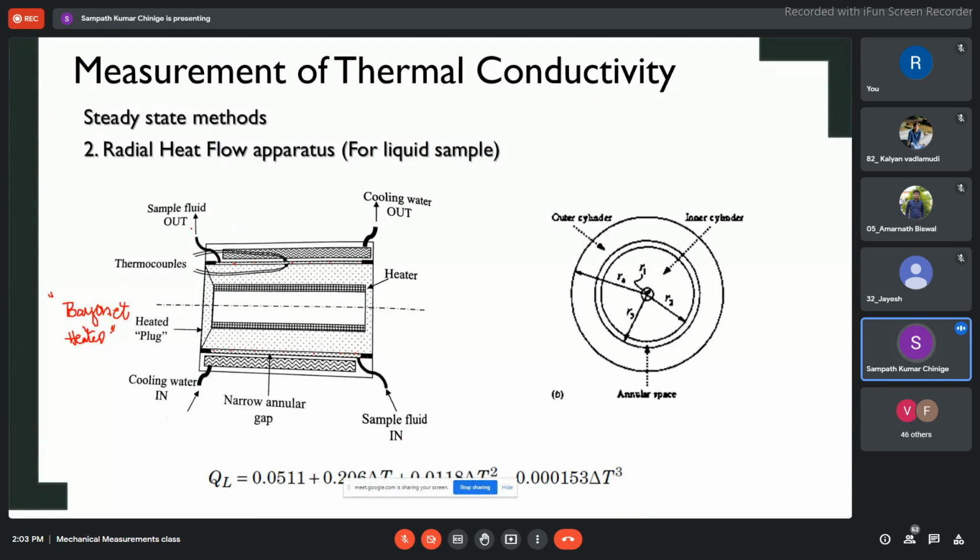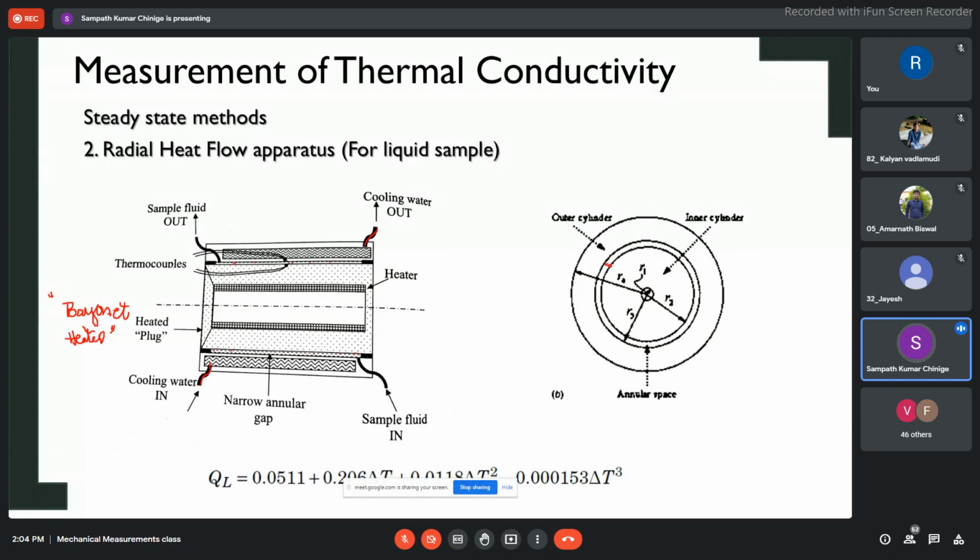We also have the facility that from the bottom the liquid is entering and from the other side, the top, it is leaving. So the liquid will fill this side, and the higher temperature liquid will go out, and at the bottom the temperature will be lower. Another thing here is we also have the cooling water that is being supplied here, and the cooling water is moving outside. So imagine that it is a radial body like this. This is radial. So we have a thin layer in this particular section.